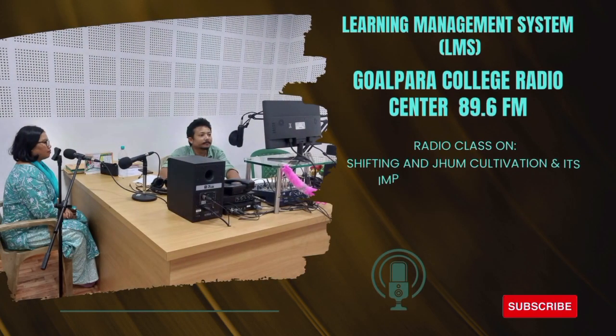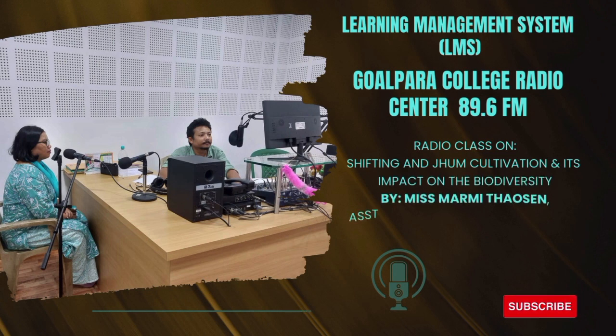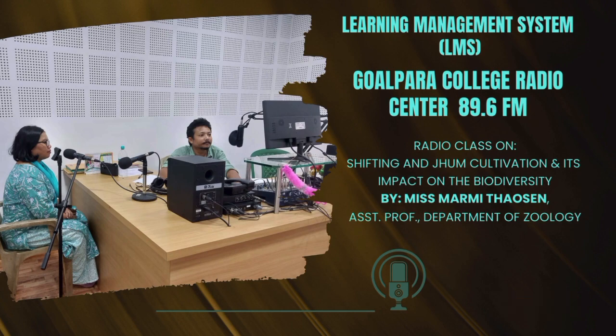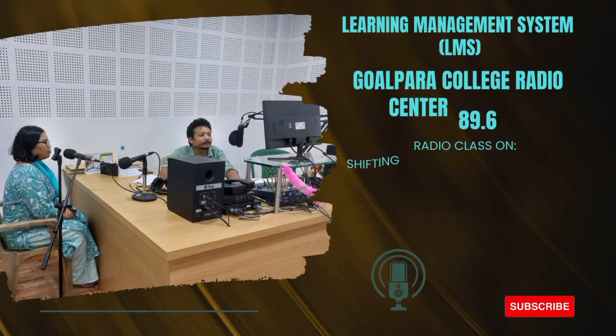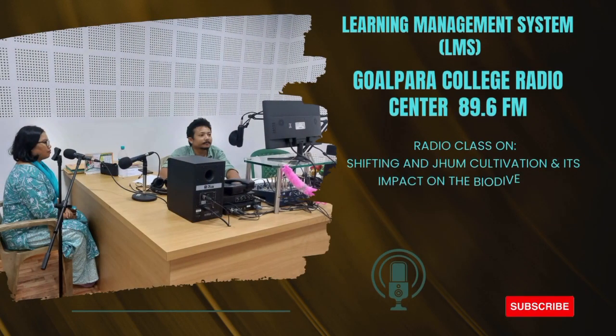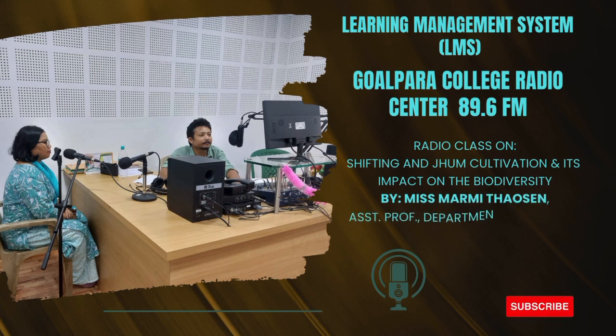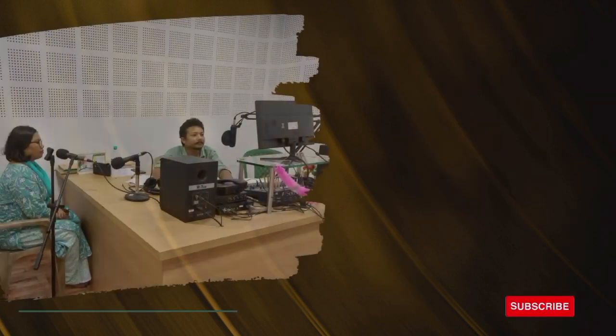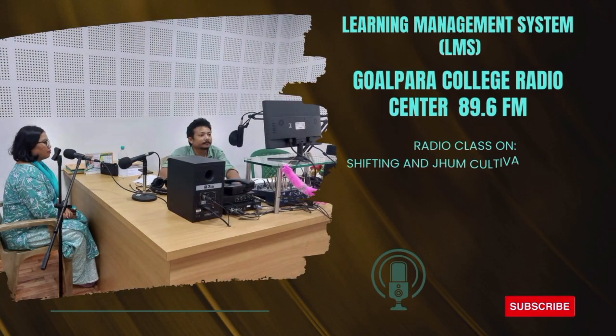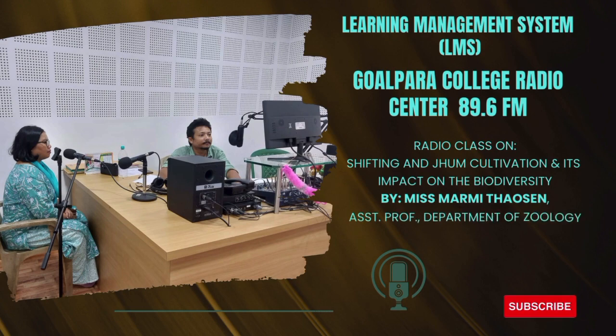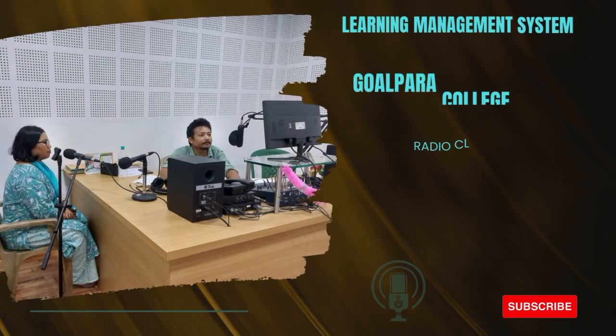cultivation on our environment. Recently, there is news coming from the state of Manipur. Amid the changing climatic condition, most farmers in the Tamenglong district of Manipur have given up the traditional Jhum cultivation, which is their main source of livelihood, and they have shifted to daily wage work, or even small farming.